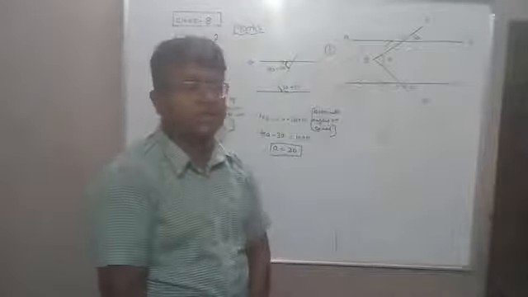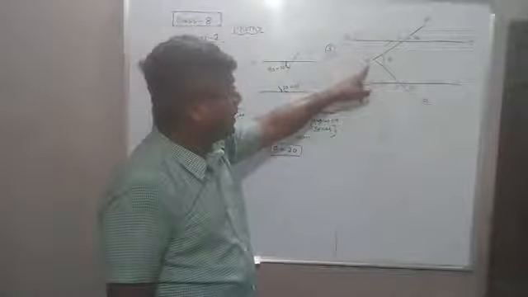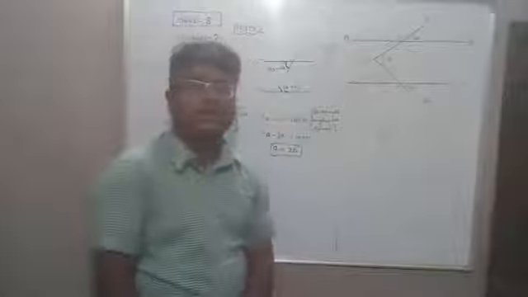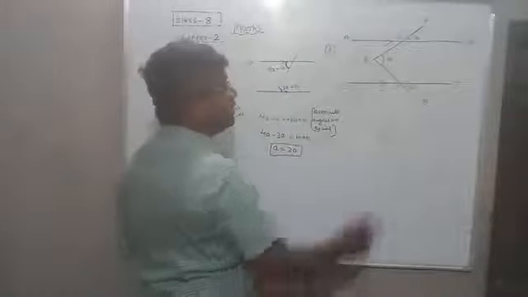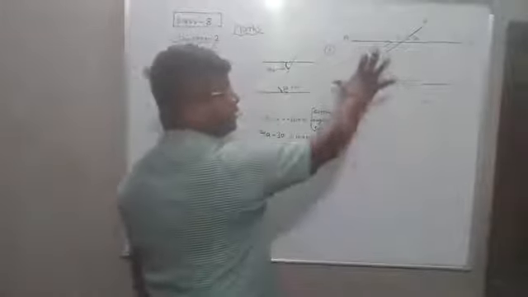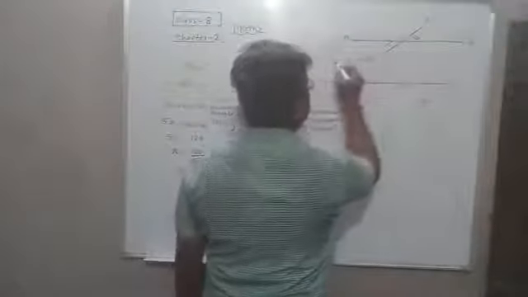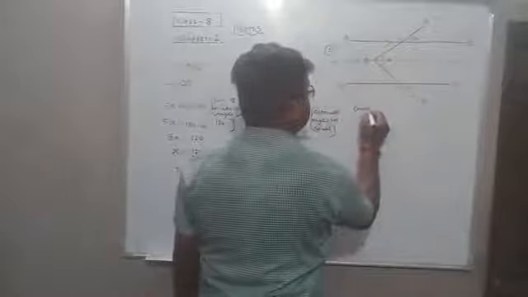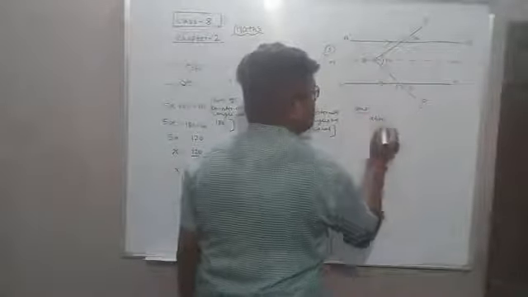If we draw a line that is parallel to AB and CD and passes through Q, it will make our calculation easier. So now let's do it. Suppose the main question is this. Now I am constructing a line, say MN. What I have done here is a construction, and we must mention it here.